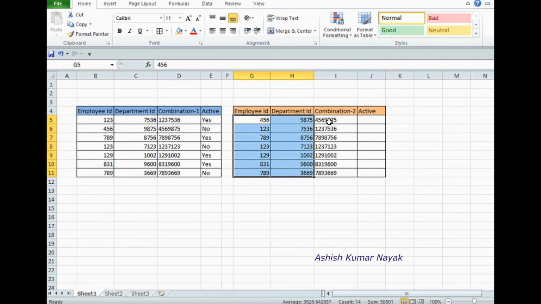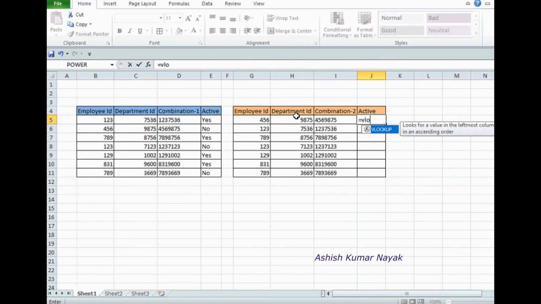Now what we are going to do? We are going to compare the combination 2 column with the values in the combination 1 column and get the result in the column active. Let's do the VLOOKUP.